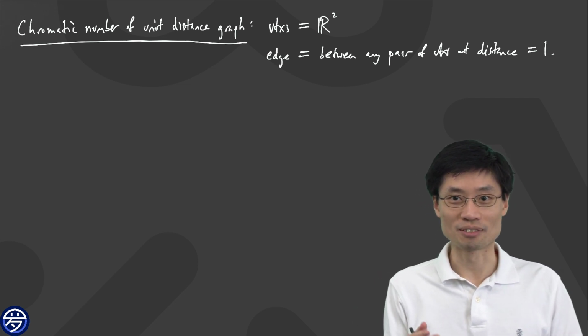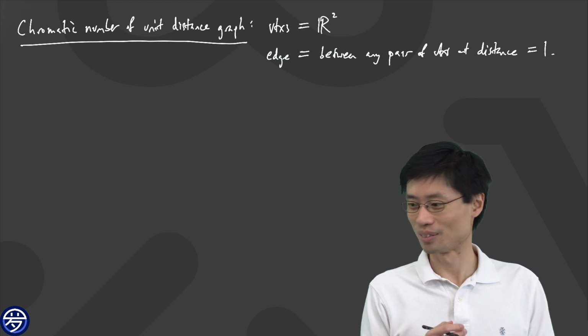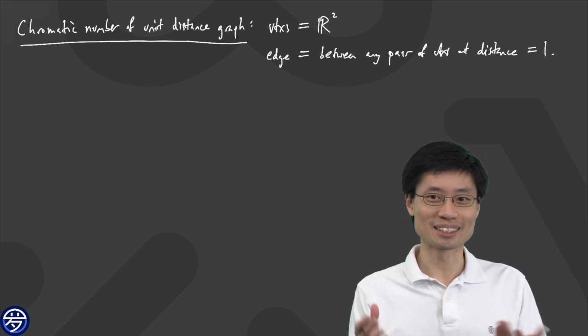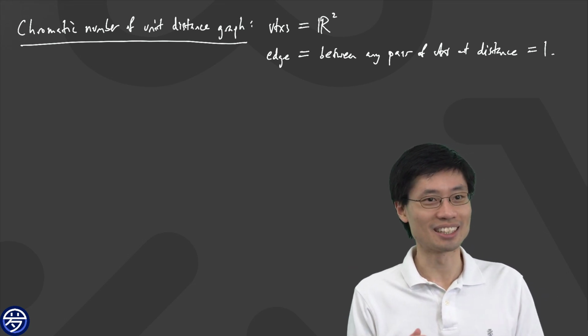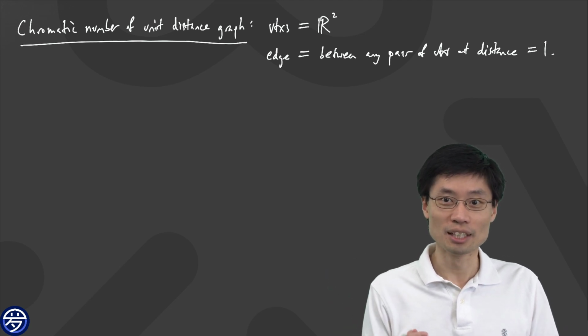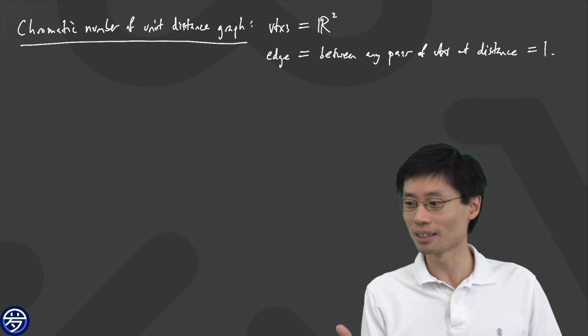Now this is a very hard problem. Nobody knows the answer. In fact, I believe it has a $1,000 prize if you solve it, although if you solve it, the $1,000 is not the motivation. There are easier ways to earn $1,000. But the question is, what is the chromatic number of this graph? And today, all we know is that this graph has a chromatic number somewhere between 5 and 7.